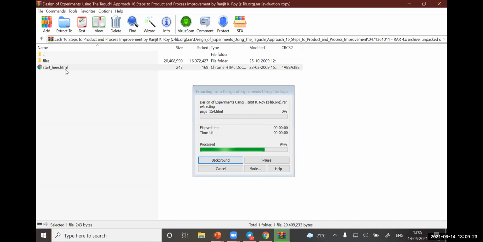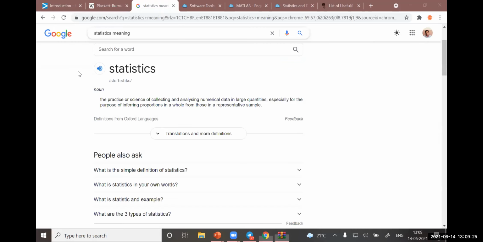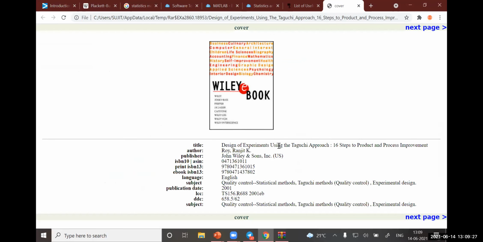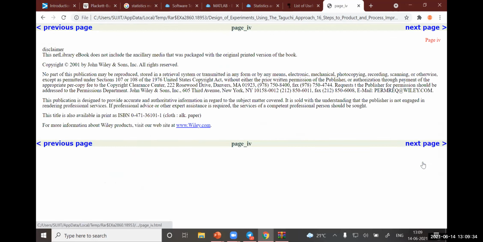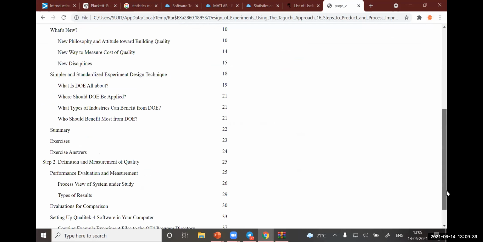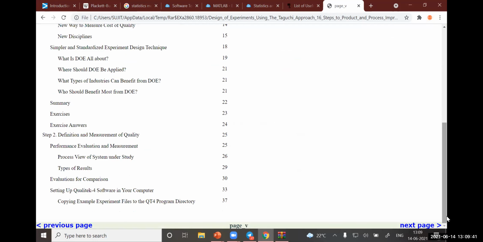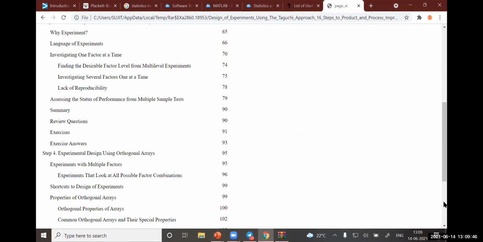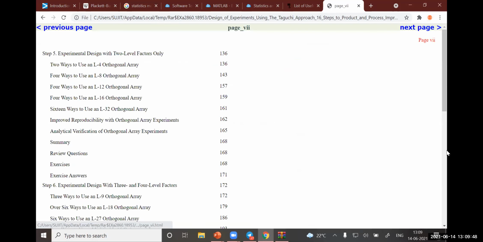If someone is interested in the Taguchi method, they can follow this step-by-step process for designing experiments. I will send it via Telegram or something. This is a free resource available online also, so don't worry about the copyright. And you can get a lot of books on this too.